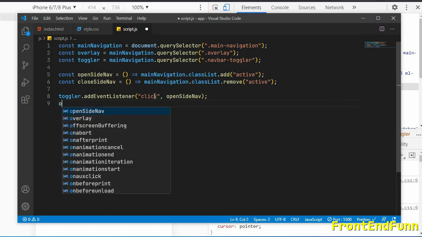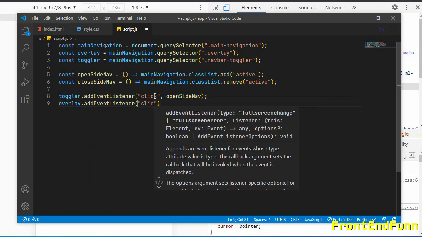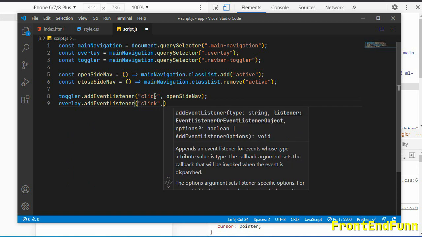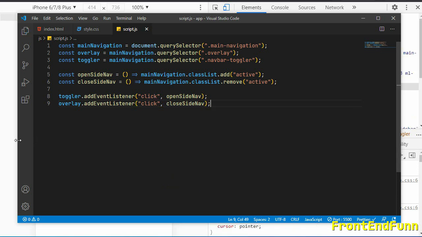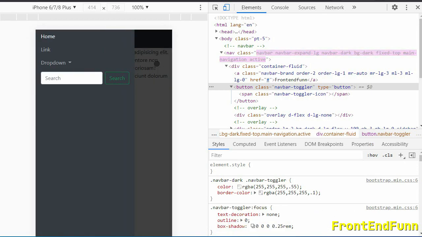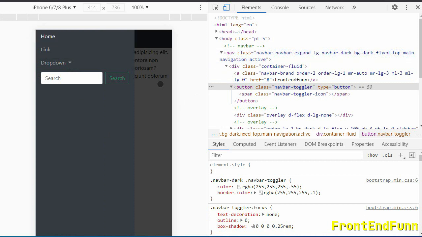Similarly when clicks on overlay, we want an addEventListener, so when user clicks on this overlay, we want to close the side nav. So as you can see, when user clicks on the overlay, the active class is removed on this main navigation.